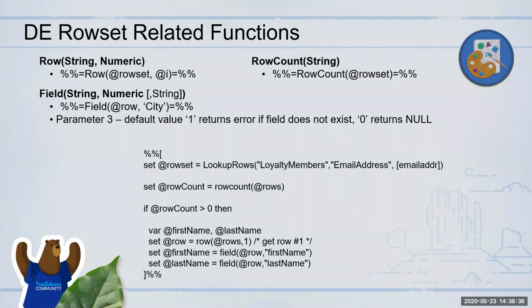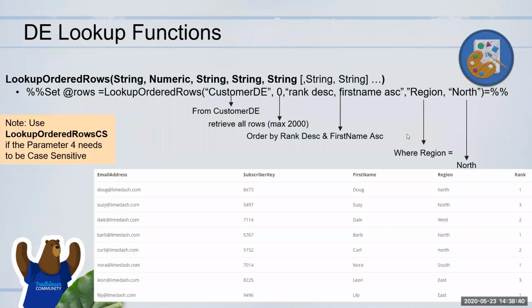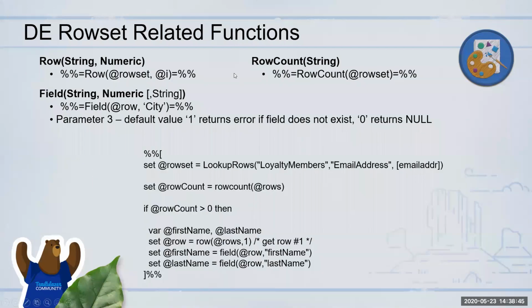For example, like we saw in the earlier example, if it was returning 4 rows, and I want the first row, I have to do row, the name of that row set which was returned from that lookup function, and the number. So it will be 1. If I want the second row, I change it to 2. Third row, 3. So now you already got what I'm intending to say. This is where you use a for loop and say for I is equal to 1 to 4, or 1 to the row count. That is where the row count function comes in.